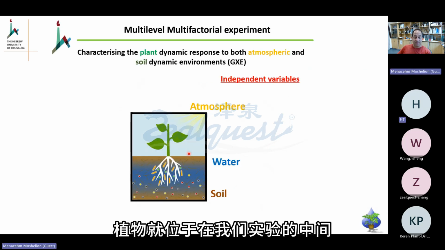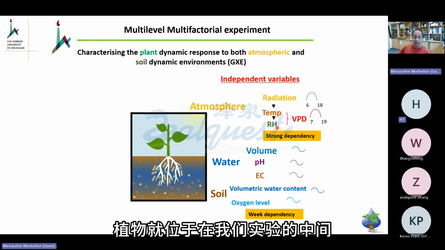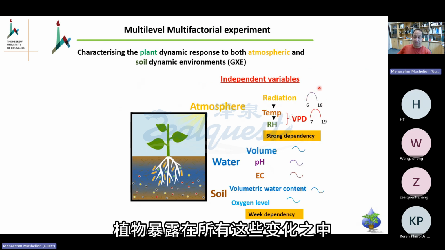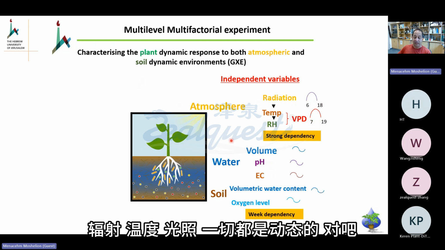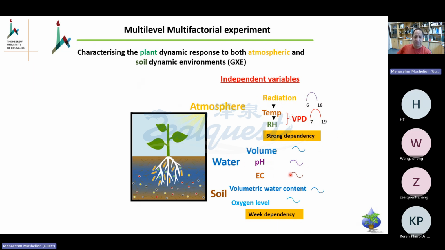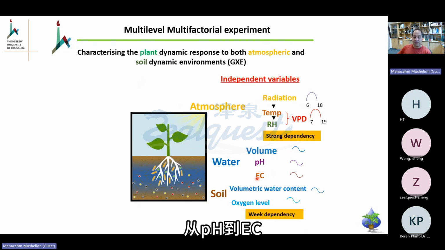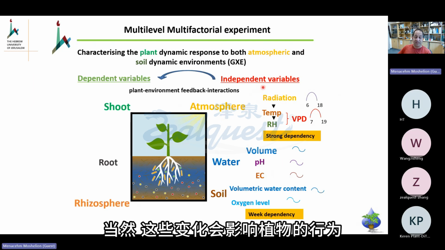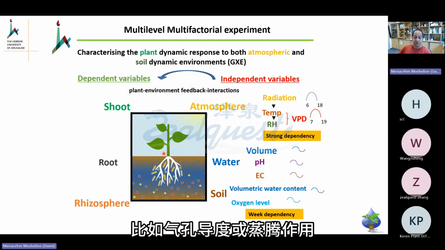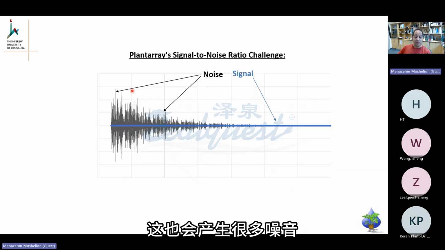So the plant is standing in the middle of our experiment. The plant is exposed to all of this variation: radiation, temperature, light. Everything is dynamic, right? Nothing is fixed in the greenhouse. From light to VPD to pH to EC, this is what the plant senses. Of course, these changes impact the plant's behavior, like stomatal conductance or transpiration, and this also makes a lot of